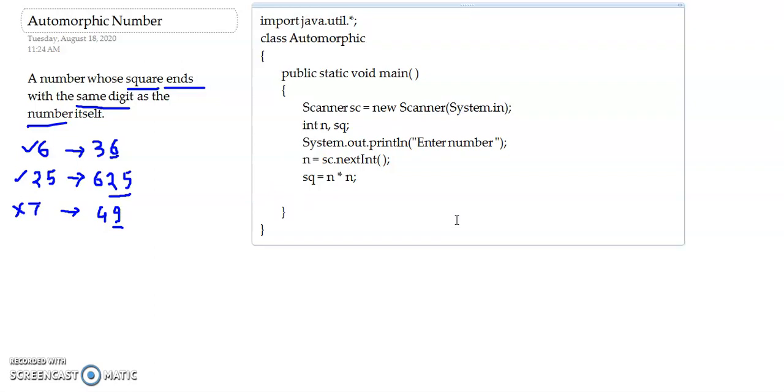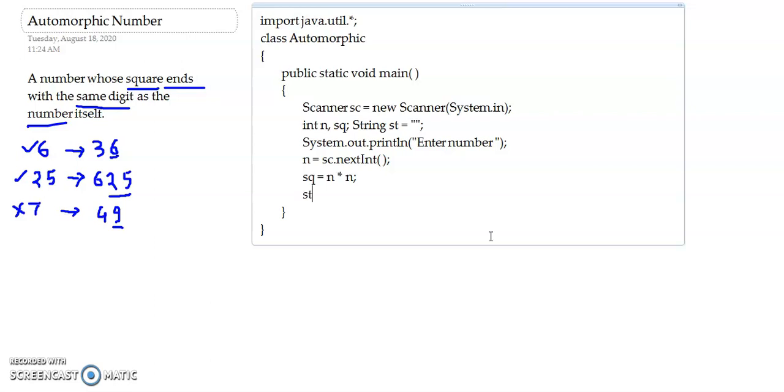So first, let's convert this number to a string. For this, first we need a string variable, and as you know, String is a class in Java, so it is not a data type, so its first letter is going to be capital. So let's take a string like st and initialize it with a null value, then convert the number to a string.